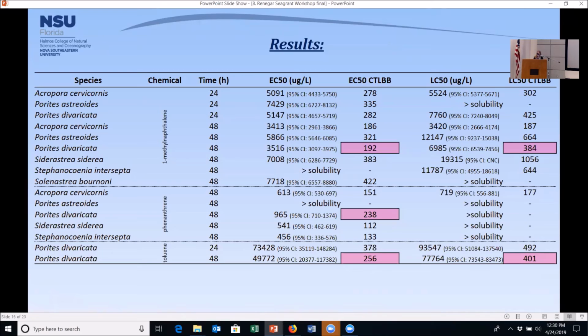These types of experiments generate both effect and lethality data. Here are all the species that we've worked with. This is the effect concentration data in terms of concentration of the chemical, and here's the lethality data over here. That endpoint data can in turn be used to calculate what's known as a critical target lipid body burden, which is the organismal tissue lipid concentration of a specific hydrocarbon that results in morbidity and eventual mortality for the organism, okay? I've highlighted both the EC and the LC calculated body burdens for our original test species,